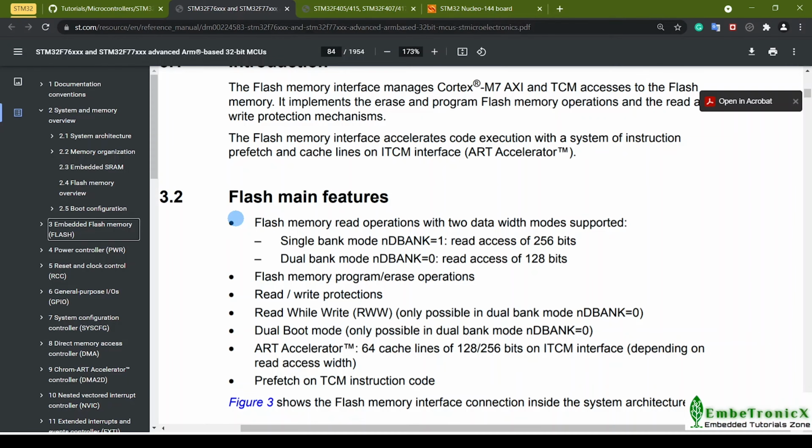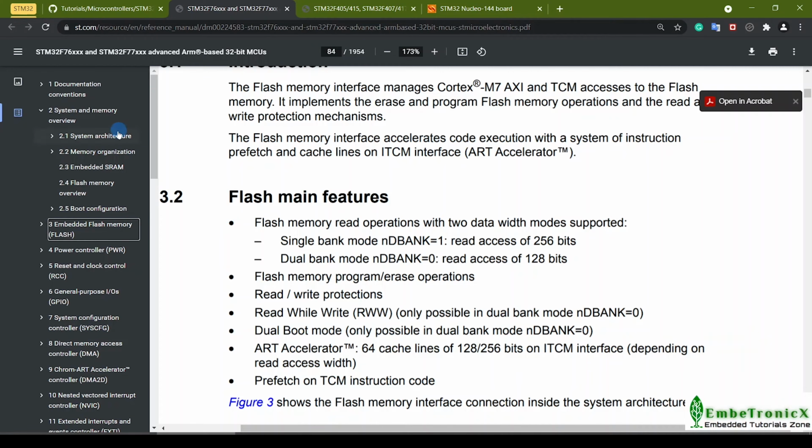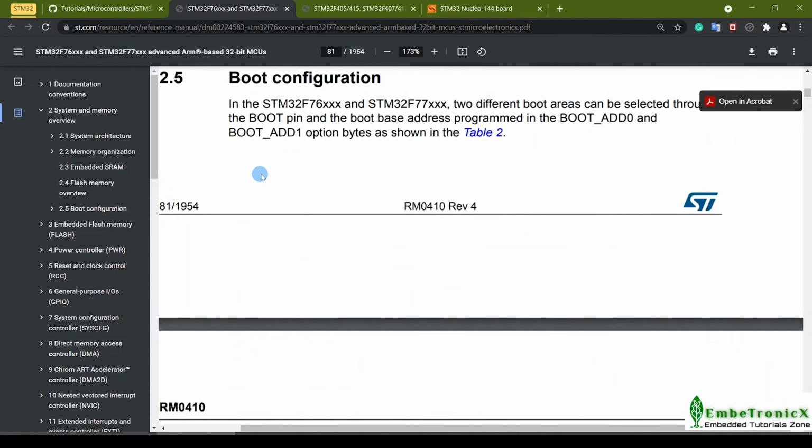You may have a doubt. I said earlier that the microcontroller starts from 0x0, but our code will be present somewhere in 0x08000000. How is it possible? It is possible with the help of boot configuration and memory alias. Normally, most microcontrollers will have one or a few boot pins.